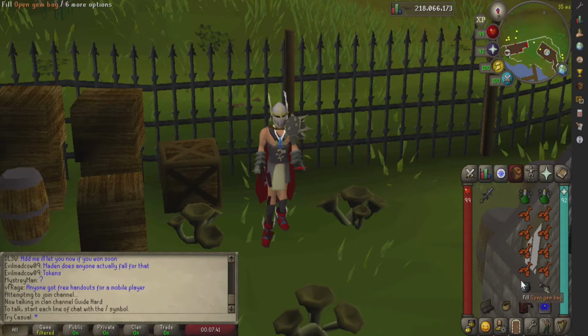a rune pouch, a gem bag. Honestly, you could probably get away without having any of these, but I have them so I might as well bring them. I'm going to have a bone crusher just for a little bit of prayer experience,